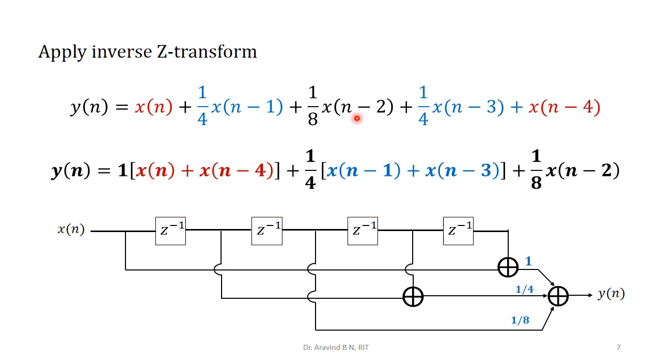With respect to the midpoint, if we perform the folding operation, then the values which overlap on each other, their coefficients must be the same along with their sign values. Try to identify that. You can identify it with respect to the colors. See, this is the midpoint. If we perform the folding operation, then this blue color representation overlaps on this blue color. Coefficients plus 1 by 4 here, also plus 1 by 4. Similarly, this x of n overlaps with x of n minus 4. Coefficient here also 1 and here also 1.